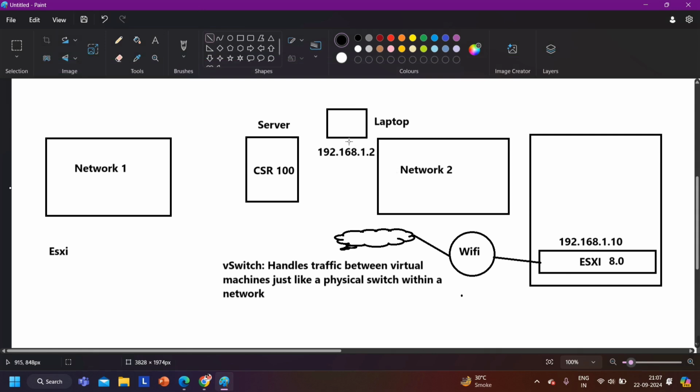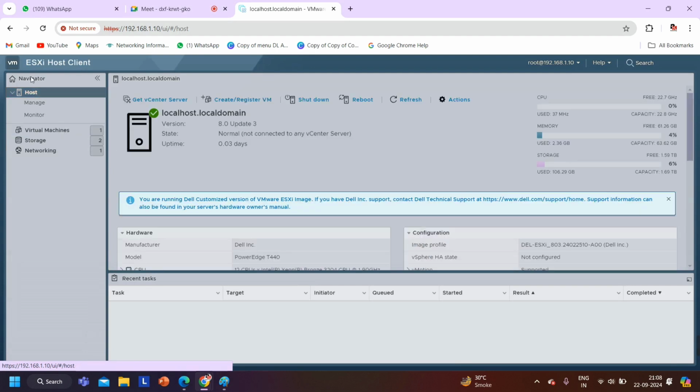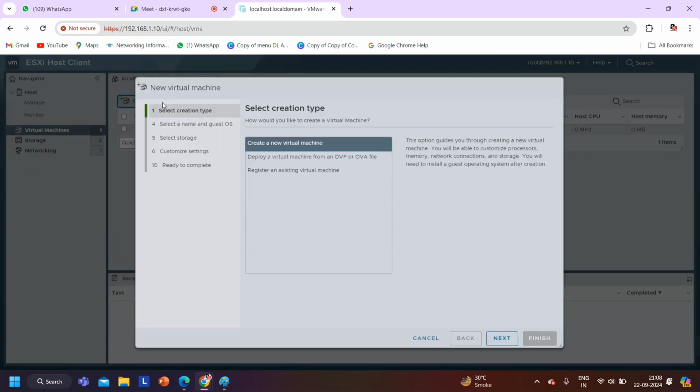And if you are able to ping this IP address, what can you do? You can access your ESXi in your browser. So simply, guys, I have opened the browser and typed the IP address, right? It authenticated, and then you can see I have access to my ESXi server. And here I can create multiple virtual machines, right? Simply I will click on create virtual machine. Now it is asking for